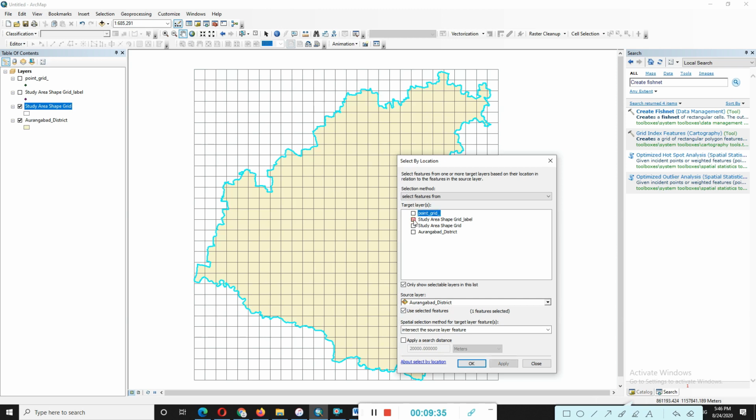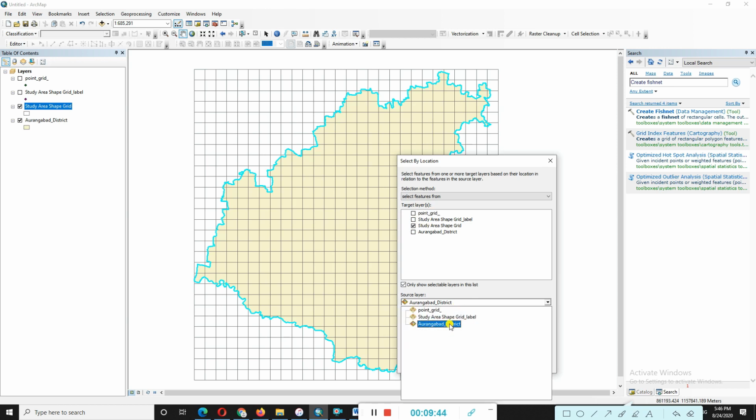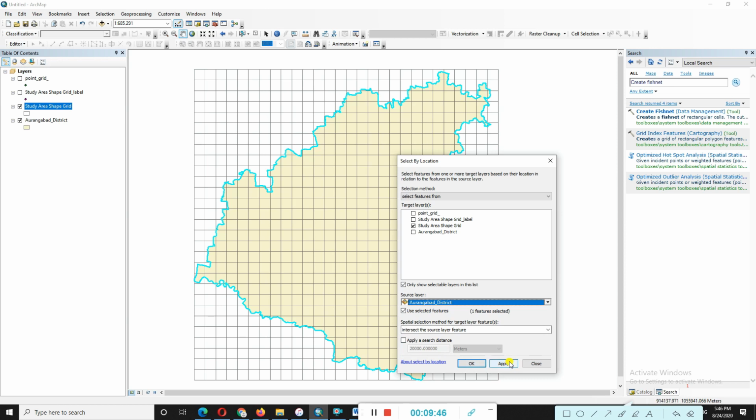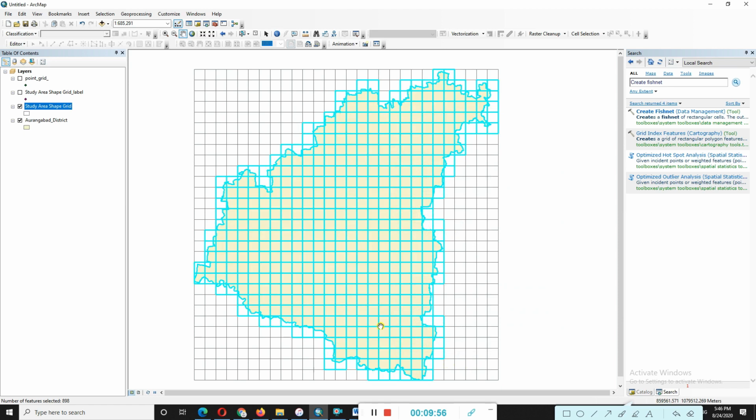Second option here, just select the study area shape grid. Okay, already we are selecting here the study area. Just apply same process, as previous data we did here. Now use the select features methods and apply and OK. Now here you can see data is selected on my study area.